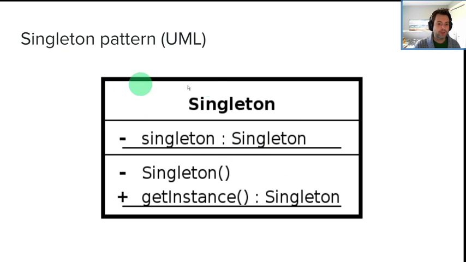So here's our UML. We have a singleton class. We have a private singleton variable. We have a private or protected singleton constructor. And then we have a public call to get instance. Okay? So when I said UML is going to be helpful, here's hopefully why it's helpful. You can very easily see, okay, so we have public class singleton, we have private singleton, private singleton, public get instance, return this dot singleton.